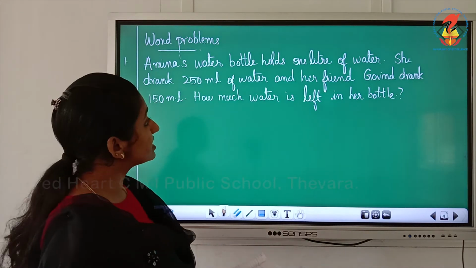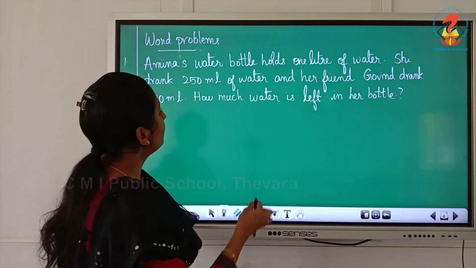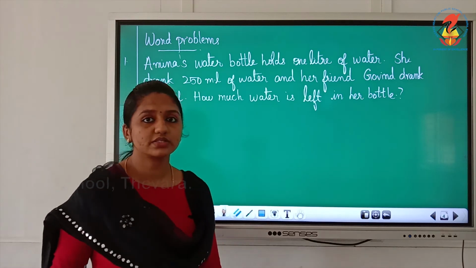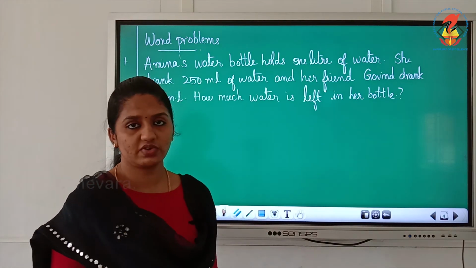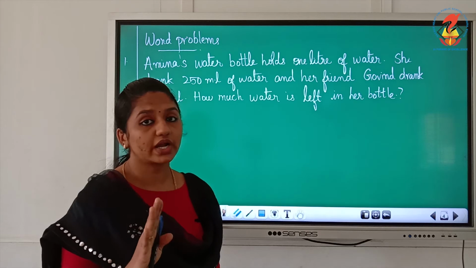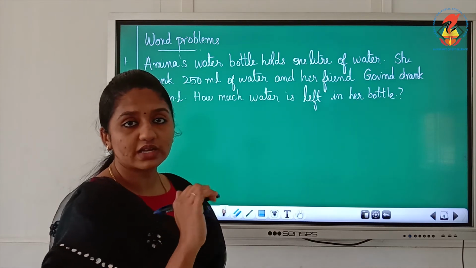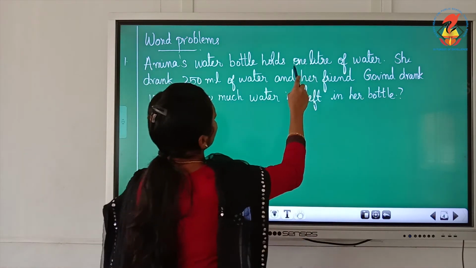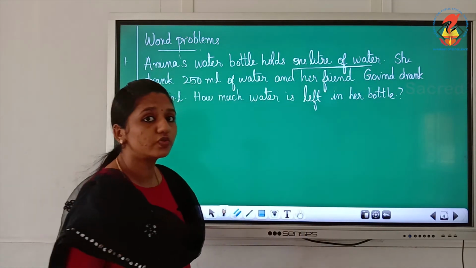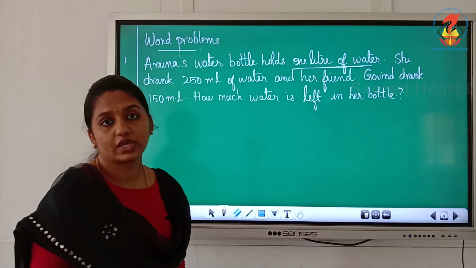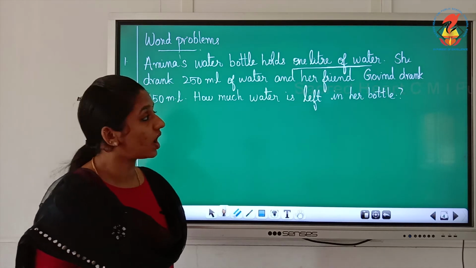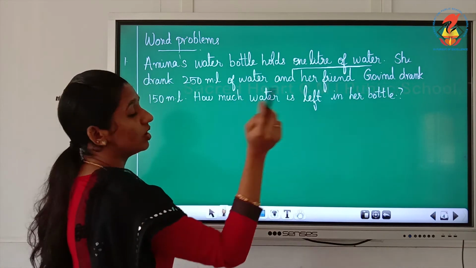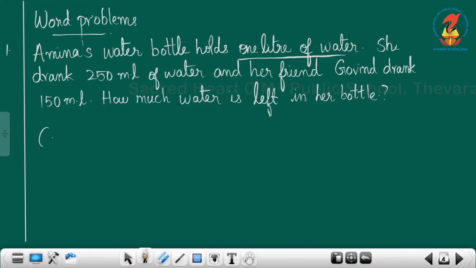Okay, so this is coming in milliliter, like that, holds 1 liter. Liter means it's a capacity or quantity, we can say. So don't write any statement like "number of". Clear? Its bottle holds 1 liter of water. We can't say "number of water". So how can we write it? Quantity of water Amina's bottle holds.